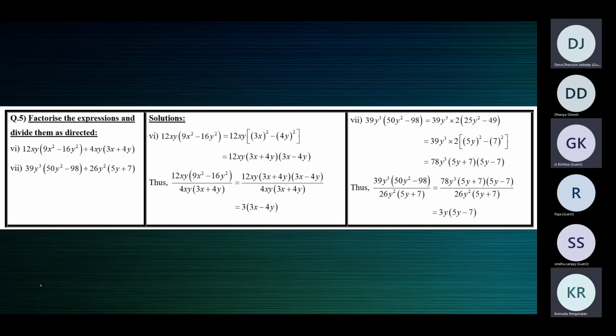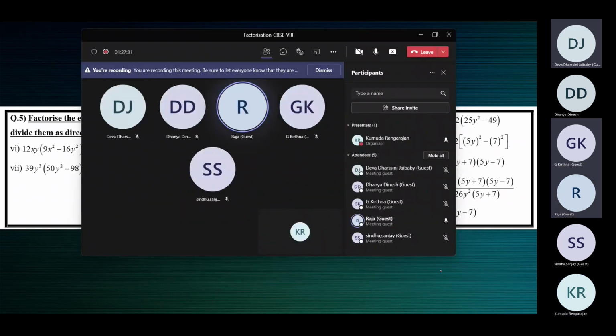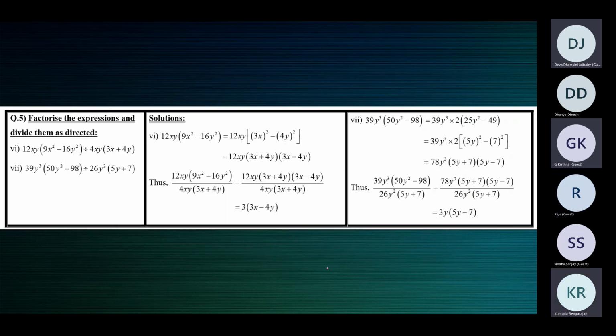Okay. Then can we have it on Tuesday in the morning and in the evening? Yes, ma'am. Ma'am, can you say the timing, ma'am? 6:30 to 7:45 in the morning. Okay, ma'am. Excuse me, ma'am. Yes, Raja. Ma'am, I have classes on all the days, ma'am, in the morning. Oh, all the days, huh? All the weekdays, ma'am. All the weekdays you have classes. Only in the morning, ma'am. Okay.